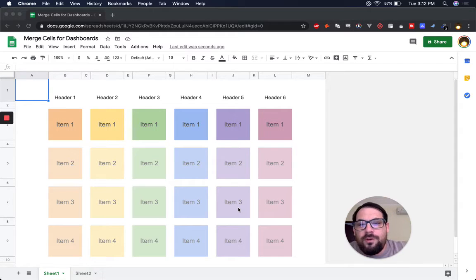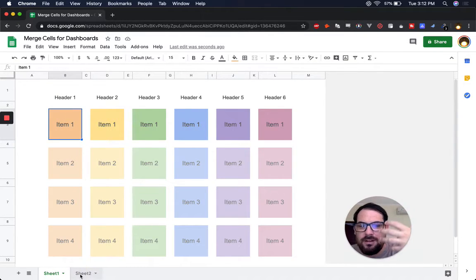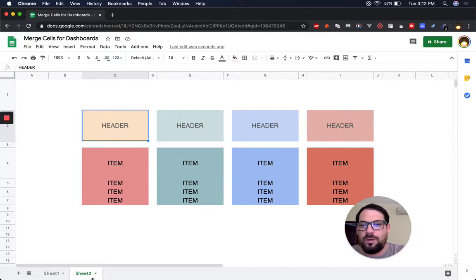In another video, we went over how to create these squares. And we're going to play around with them a little bit more right now. We're going to merge cells to the left of these so that these items could all be placed together. So what is a very normal situation with items or dashboards is you want to connect or literally juxtapose